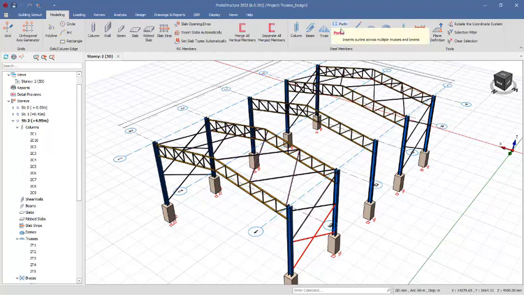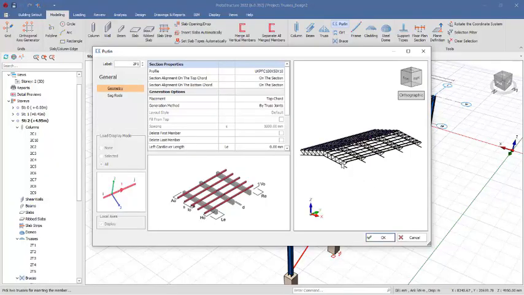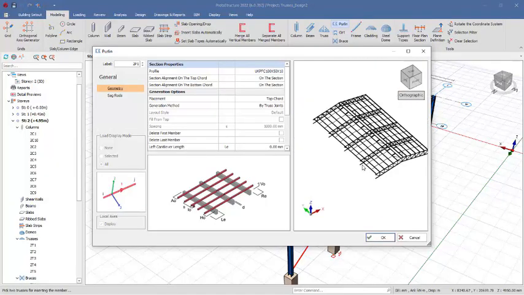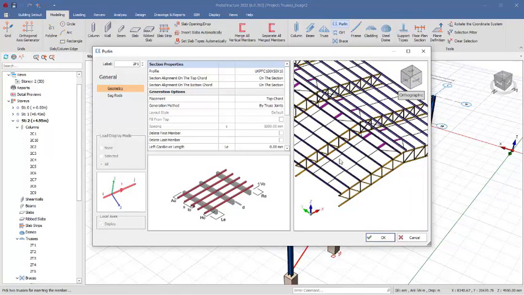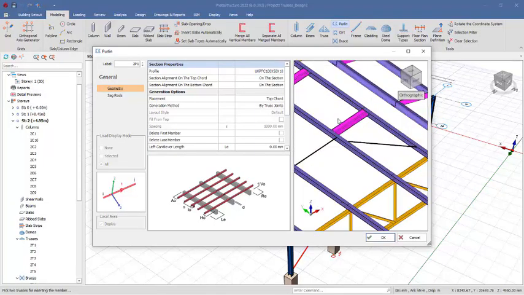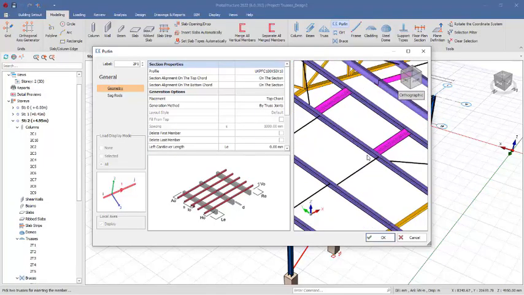So make sure you don't select gates and purlins. Let's do the purlins: pick the first truss right there, pick the second truss right there. So you have a purlin, just like this. Okay, so for the purlins, you will notice that we are having an angle iron for the